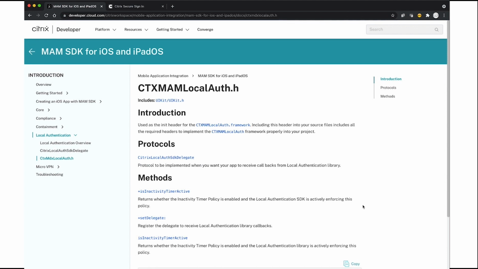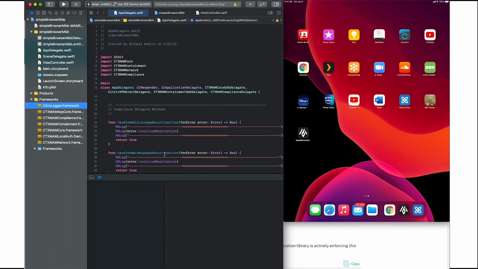So, good resource for you for basic reading here. And we'll go through and take this information and integrate it into our app, and you'll see how easy that's done. So one of the first things we do is get into Xcode. And before we do anything, we just want to make sure that our application works. We've got the core integrated. You can see I've got a few other classes derived here, but ultimately,